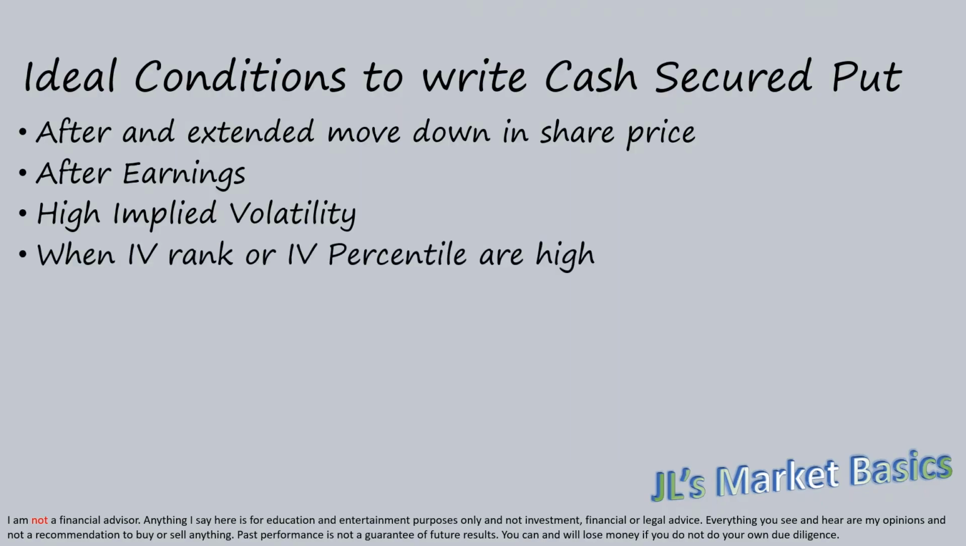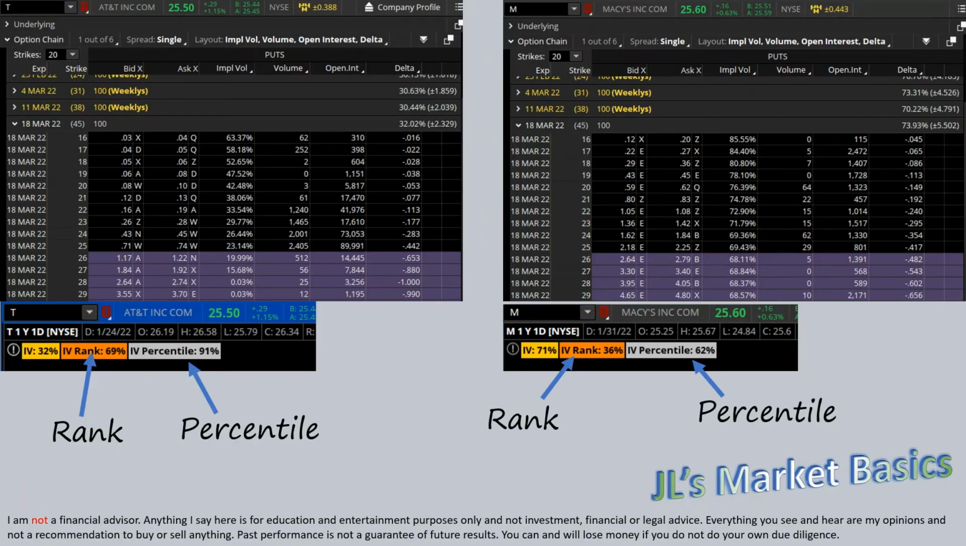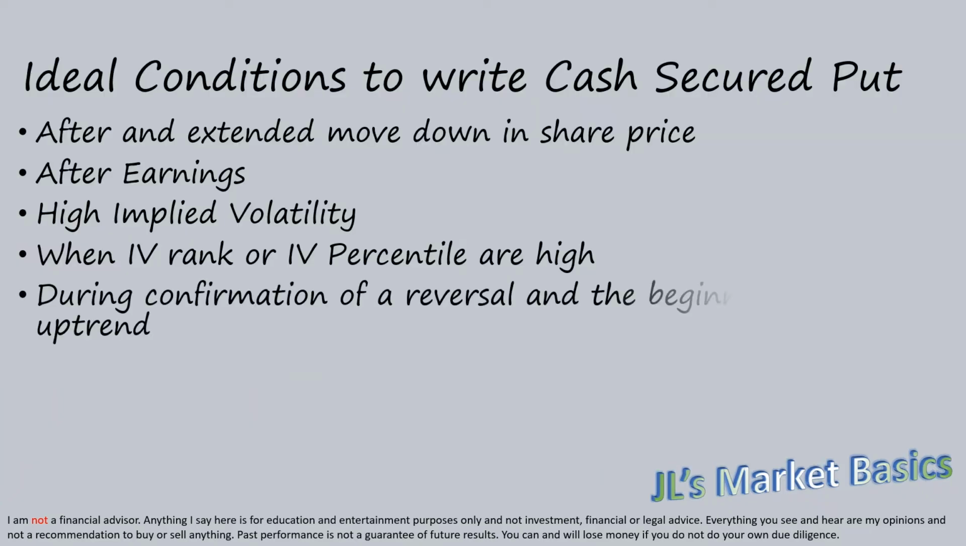IV rank and percentile are also important. Again, here we have AT&T on the left and Macy's on the right and their current IV rank and percentile. The higher the rank and percentile are, the better the odds of collecting a larger premium relative to its past performance. It's also important to keep in mind price action and other aspects of the market and not just trade